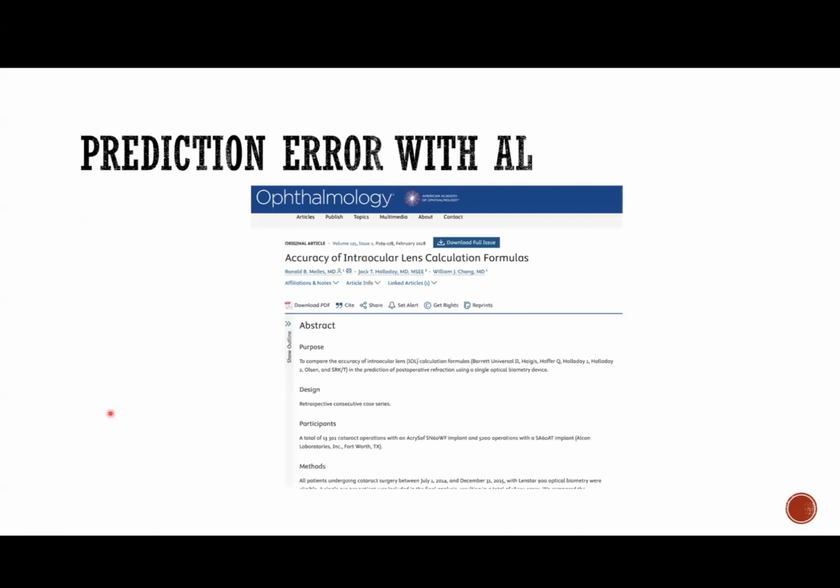Now this is a little bit theoretical, but it is the base for our practice, so just concentrate on it. This is one of the papers which came out recently, showing prediction error with different measurements like axial length, keratometry, and ACD, and how the IOL power changes with the difference in axial length.